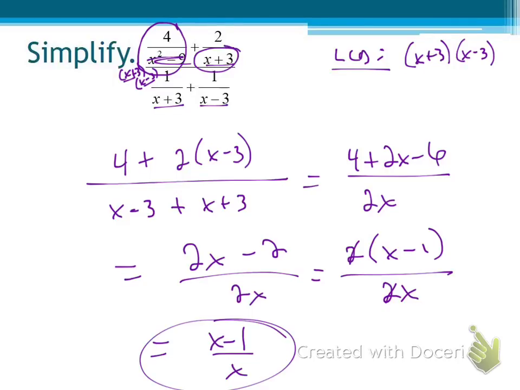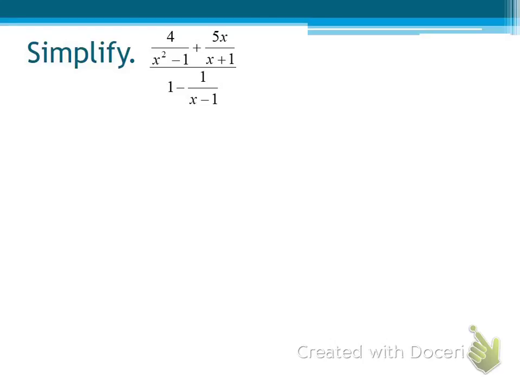So there you go. Okay. We need the least common denominator here, and the only way we're going to get that for this next guy is to factor some more. This will factor into x plus 1 and x minus 1. So let me take a look, and hopefully you recognize that the least common denominator is x plus 1, x minus 1. Now we're going to multiply each tiny numerator by whatever its denominator is